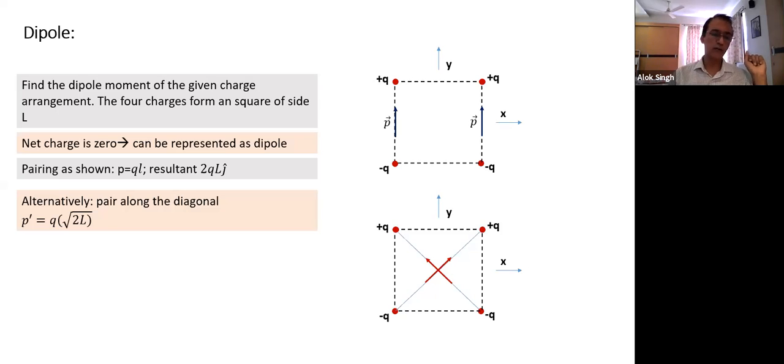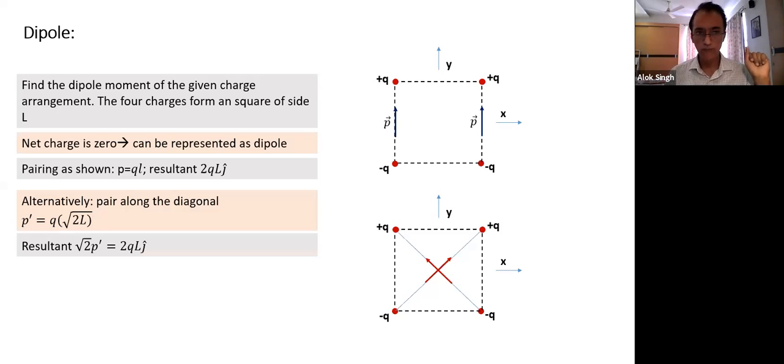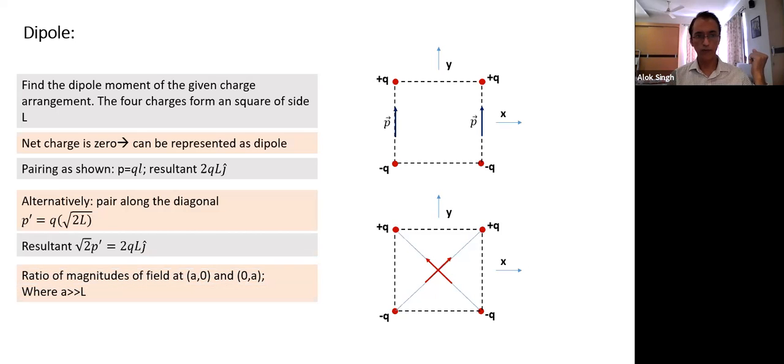So it is easy to understand where the dipole should be placed. And what is the resultant of these two? Both are equal in magnitude. The resultant will be root 2 times the magnitude of each one. Again, I find the resultant comes the same. But in the second case, I have a better understanding of where the dipole should be placed. So whichever way we calculate, we end up getting the same result.